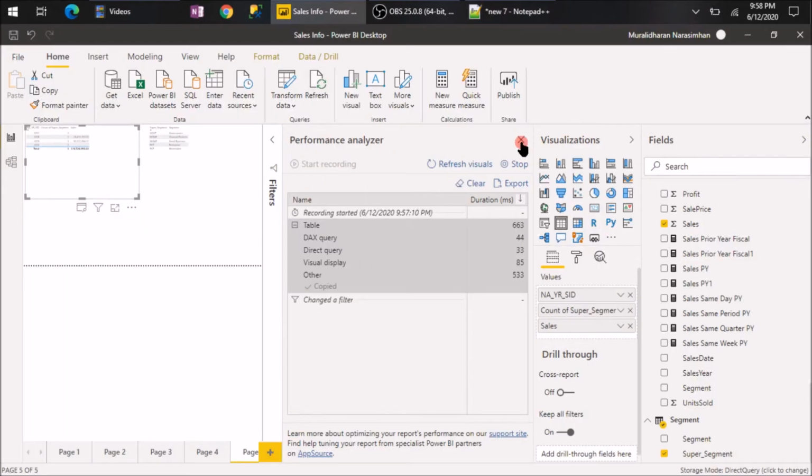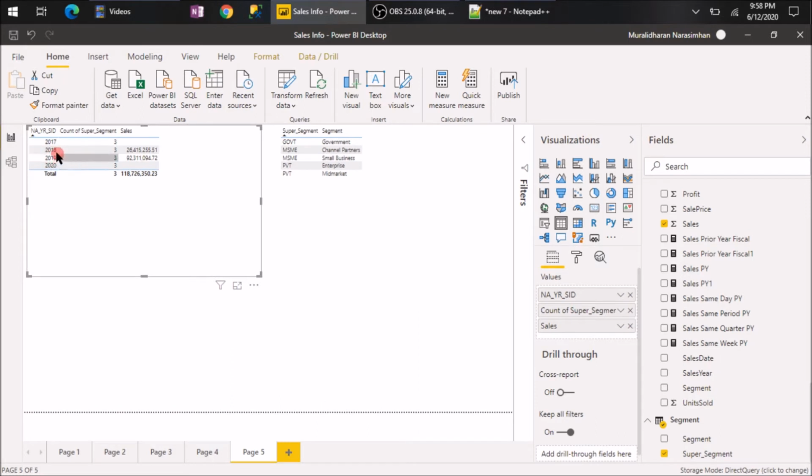So that is exactly what you're seeing here, where you have the year-end sales with one query, and the count of super segments as a separate query and a cross join between them. So that's why this 3 is repeating for each year. Which means if you have a different hierarchy level, higher than the fact table, you cannot just drag and drop and do a count. So it doesn't work. So what to do in this situation?